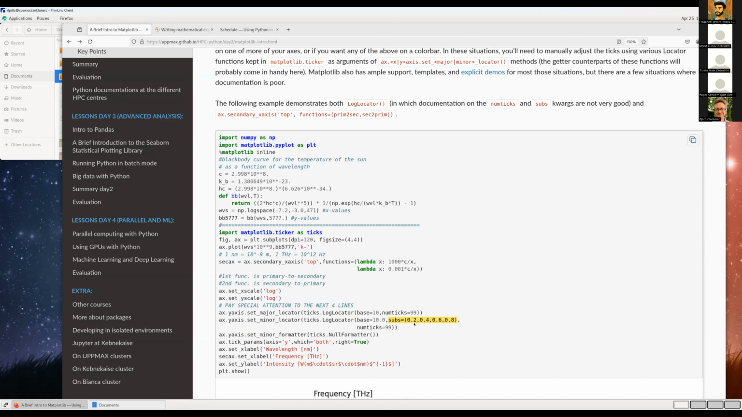So you only want to include the fractional positions of the ticks between one increment of the major tick. So if I want ticks every 0.2 of a decade, then I give this subs kwarg values of 0.2, 0.4, 0.6, and 0.8. And then I do the numticks trick again. And lastly, you really want to